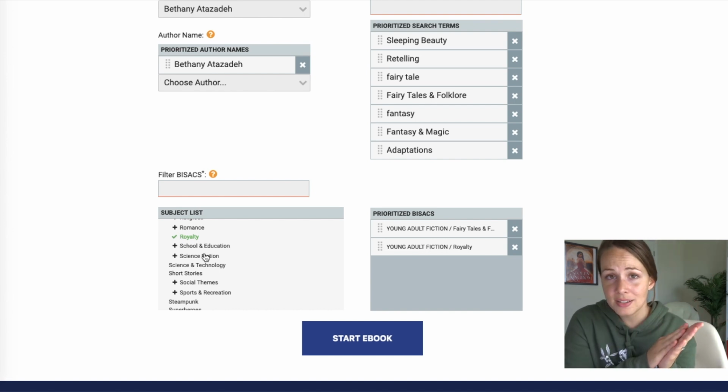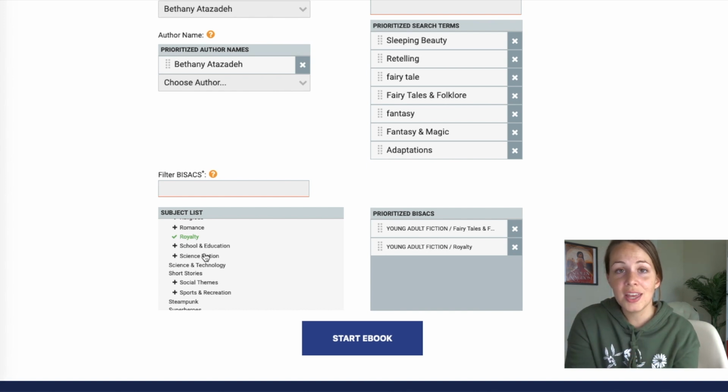So keep in mind that these are not set in stone. Even if your book is already published, you can go back in and change this. You can essentially move it to a different shelf. But for right now, I'm just gonna go ahead and pick a few of them. And then my goal